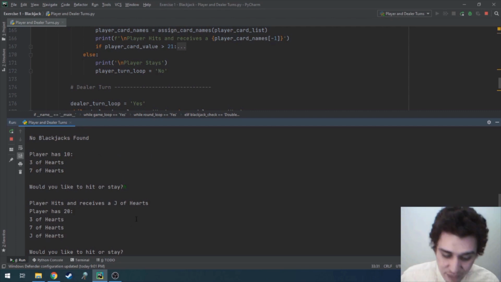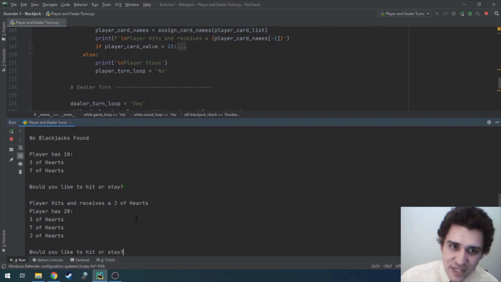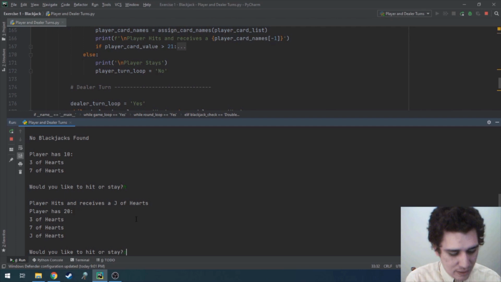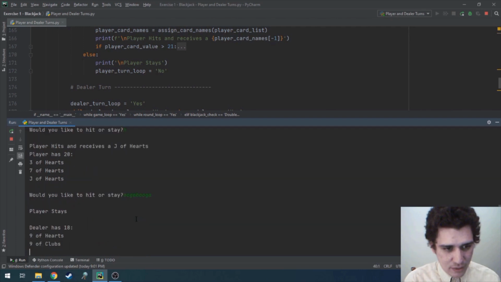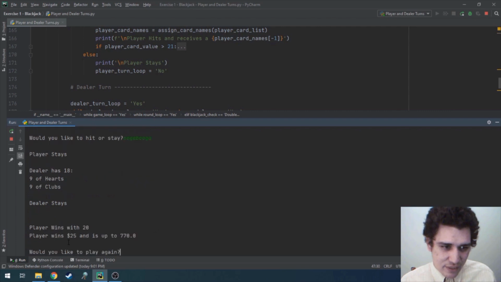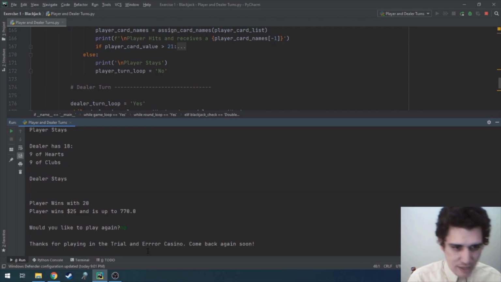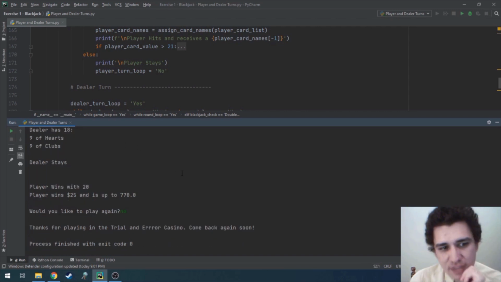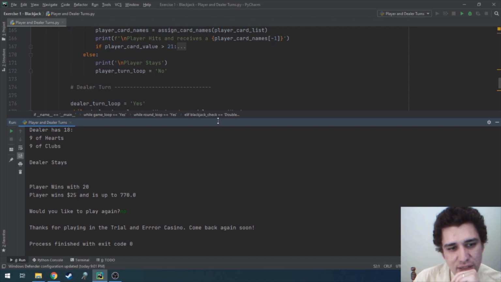Now here's something interesting. We don't have to type stay, right? Because remember, it's just a blanket else statement. So I could say ooga booga, and it will know that I want to stay. Just a little cute side note. Dealer stays, player wins with 20, great, and is up to 770. Would you like to play again? No. Awesome. So that is good, and then if we start over again,